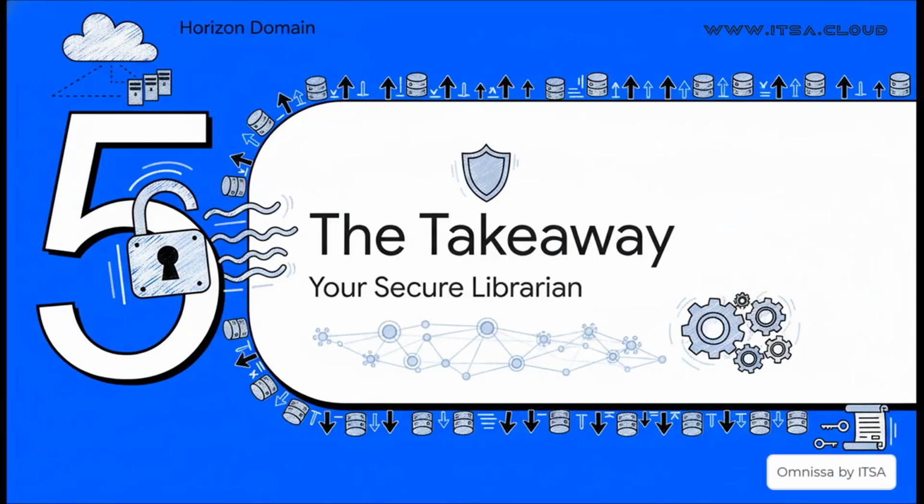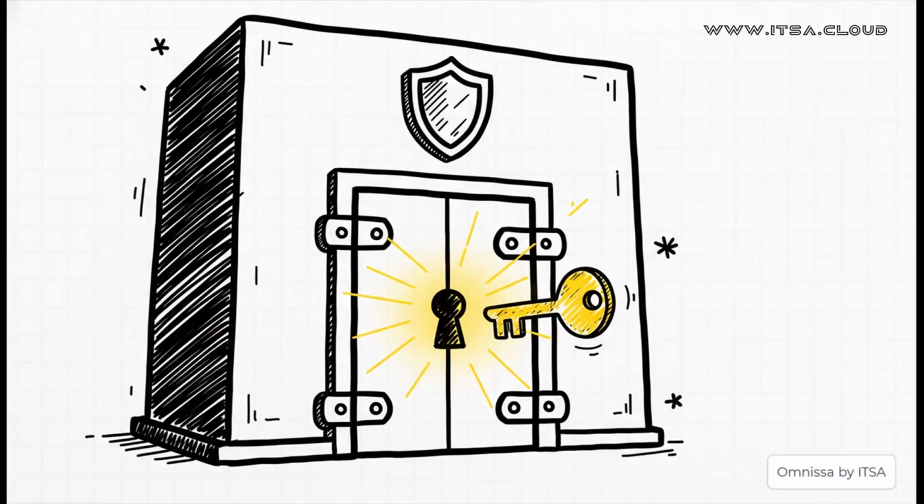After everything we've talked about, what's the key takeaway? What's the one thing you really need to remember about your secure librarian? It's this right here. The domain bind account is a small key that unlocks your entire directory, but it does it safely and securely. It doesn't own the building. It can't rewrite the books inside, but it has that unique master key to read anything, all without ever putting the whole library at risk. It's a tiny component with an absolutely colossal responsibility.